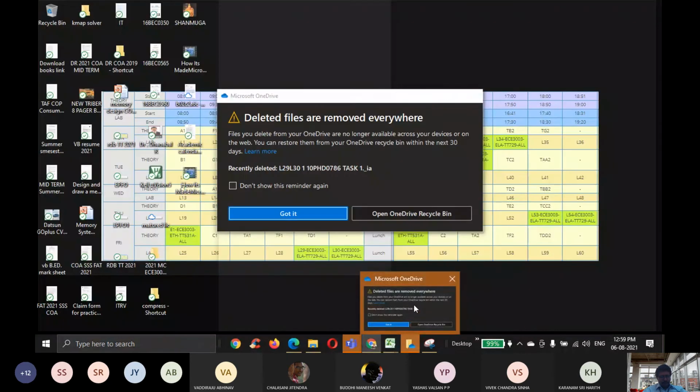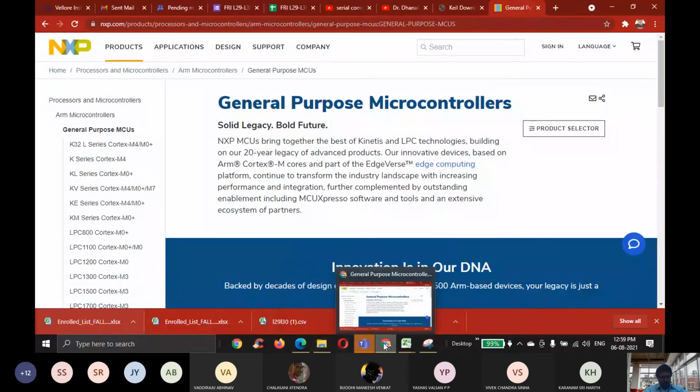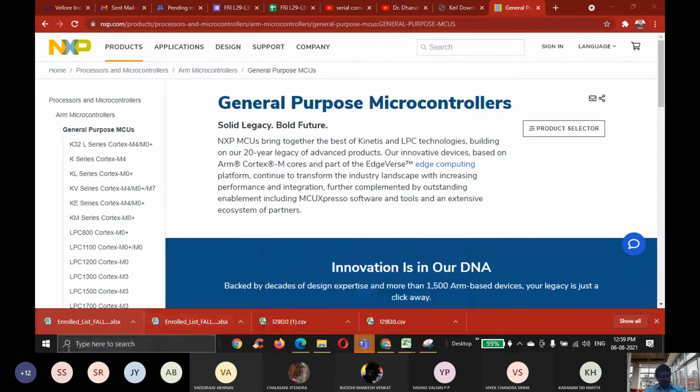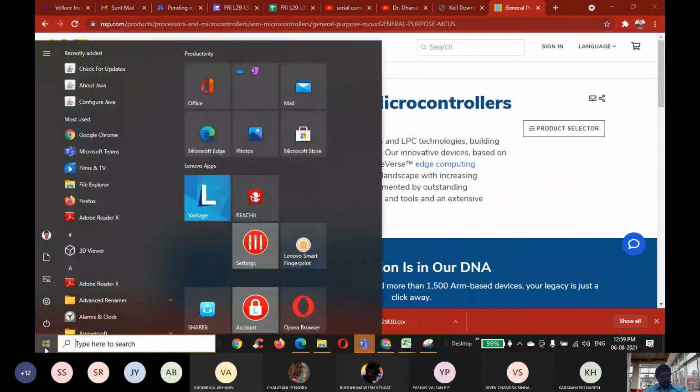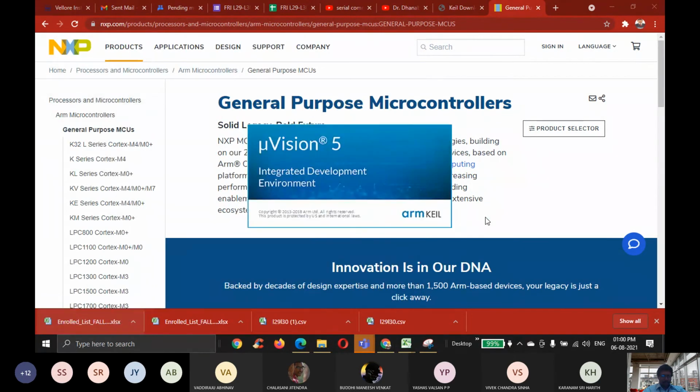Okay. How to install the software, I have given the steps. In that, go to KEIL, you'll get this KEIL, microvision, integrated circuit.